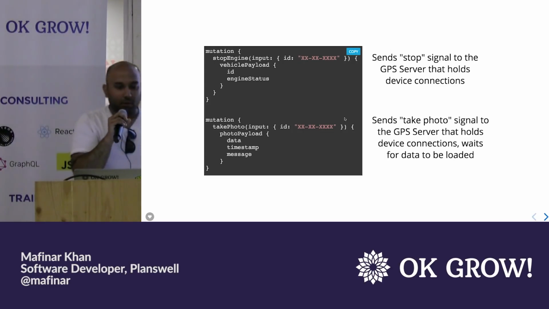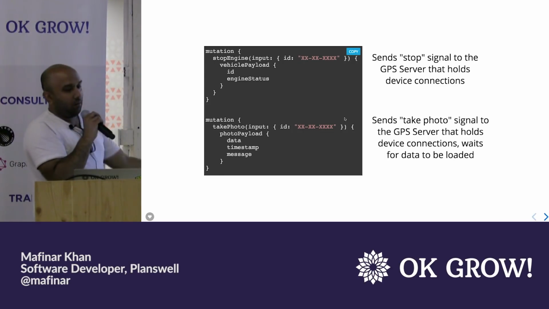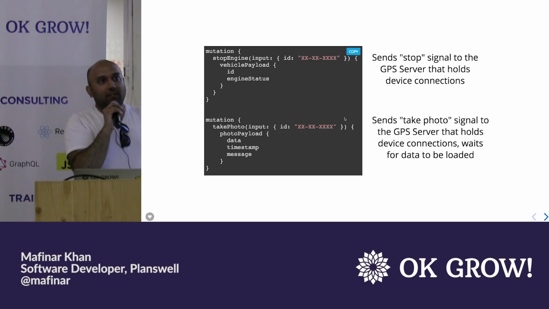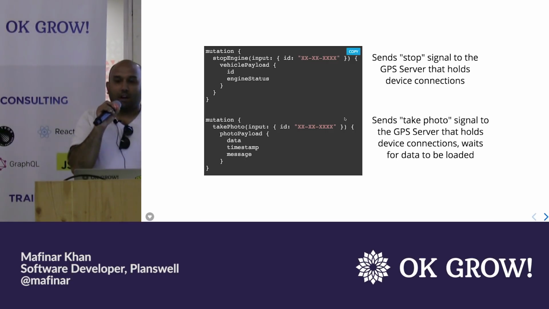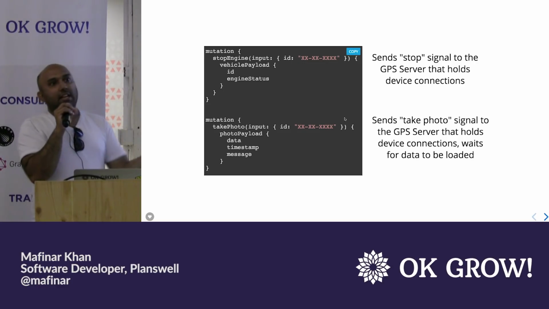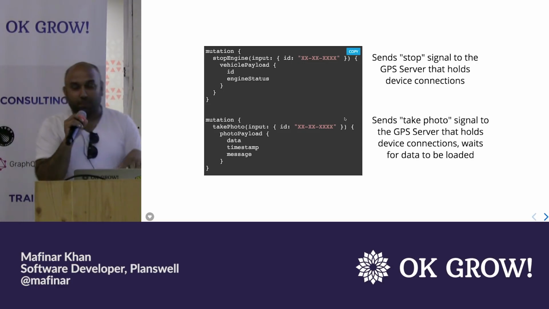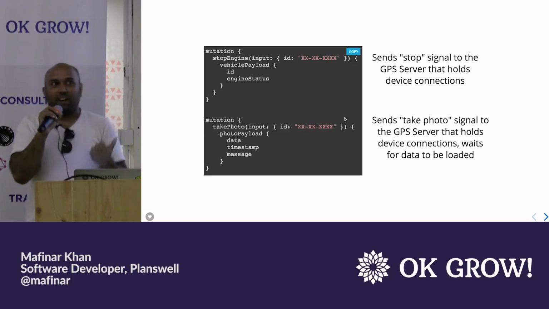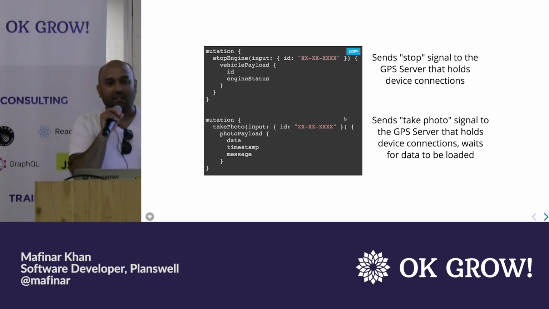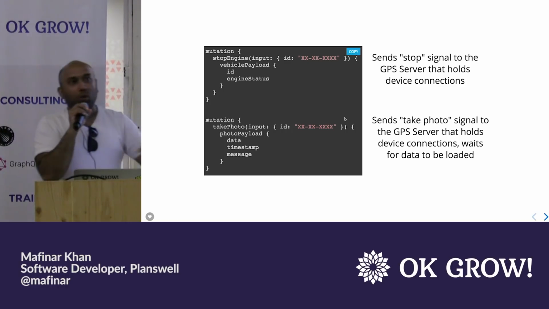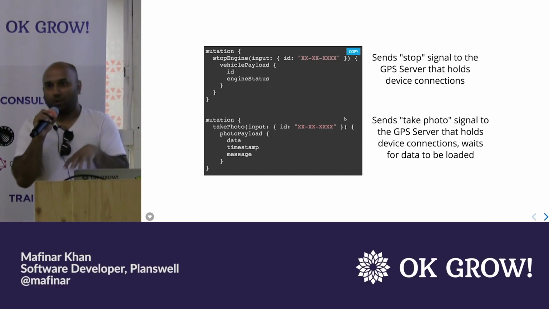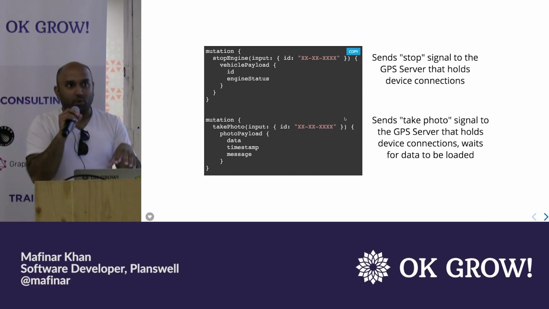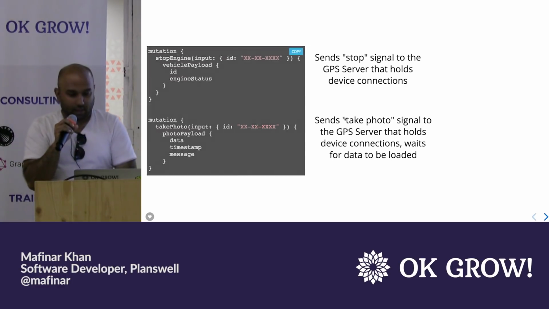And the mutations were similar. So when we stop the engine and when we take a photo, these commands actually translate into Python code which connects to the TCP layer of the machine and then sends the command after parsing to the device's format, and then it gets returned. In between, all the logic takes place as to what device is being used, what the protocol should be. There's a dictionary for protocols, it matches. All those logics do not know that they're participating in a GraphQL resolve. They just do what they're supposed to do, and the other side, the API resolves it.